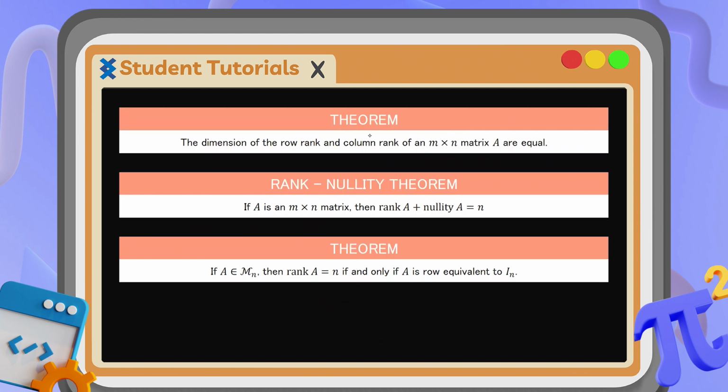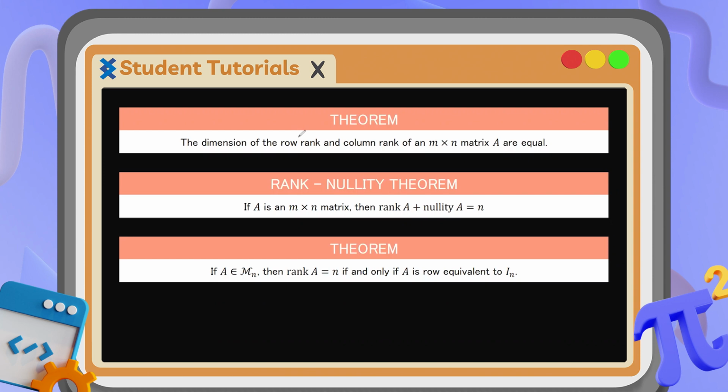Here are some more important theorems. The row rank and column rank of an n by n matrix A are equal, as shown a while ago. One of the most important theorems in terms of this topic is the rank and nullity theorem. If A is an m by n matrix, then the rank plus nullity is equal to the number of columns